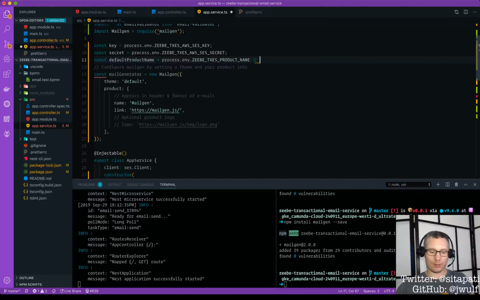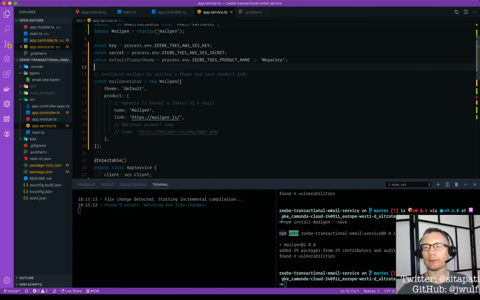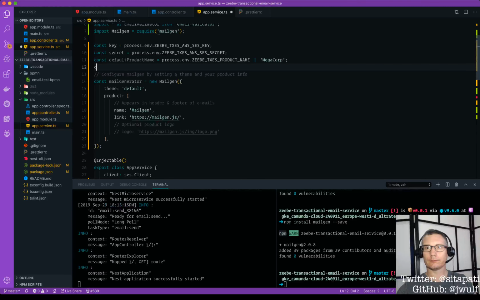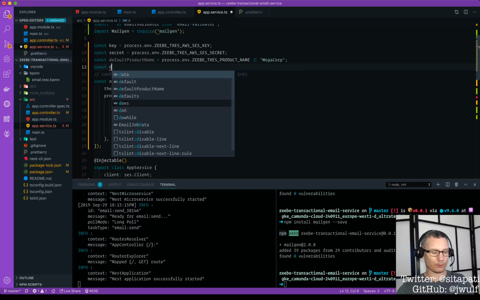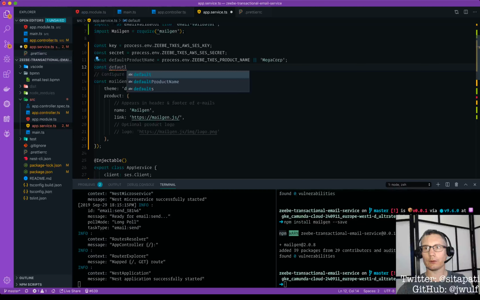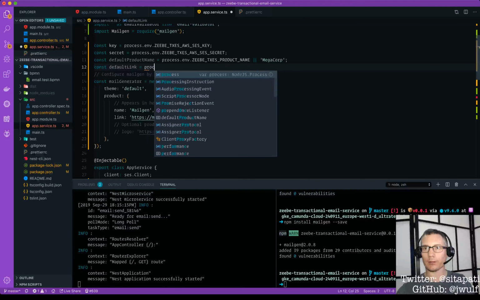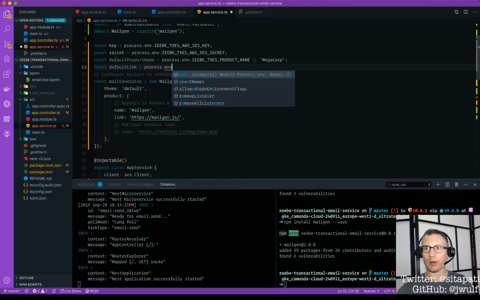Okay, so, I don't know what to put here. Megacorp? Yeah, Megacorp, why not? And then default link. I mean, how configurable do we want to make this, right? We'll make it so you either configure it from the environment,